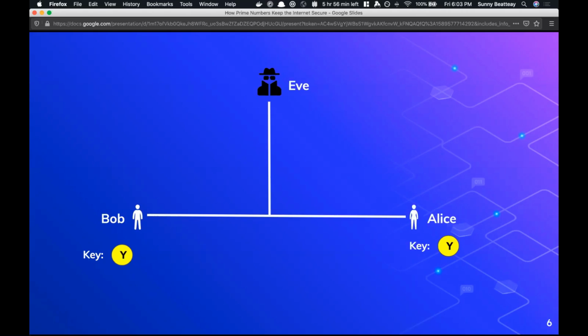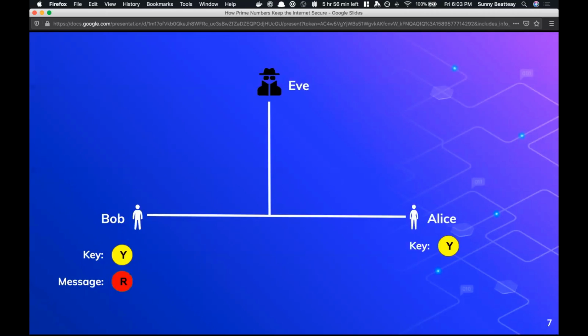So yes, let's say we have two users, Bob and Alice. They both have a key, color yellow, and they both want to communicate via symmetric encryption. However, we have a third, malicious user named Eve. Eve will be listening in on the conversation between Bob and Alice, and she'll be intercepting any messages that come between them. And so let's say that Bob has a secret message, the color red, that he wants